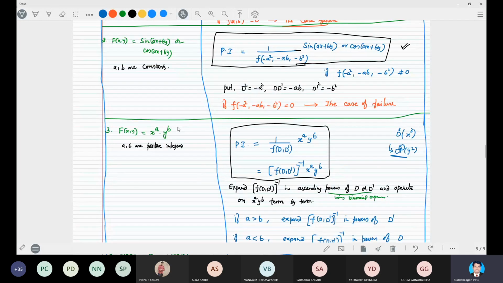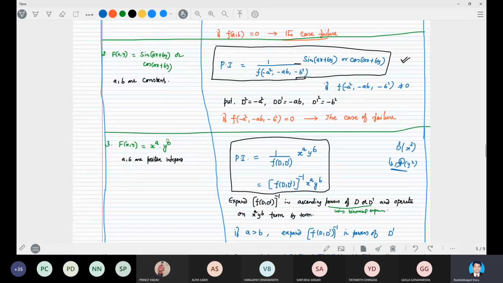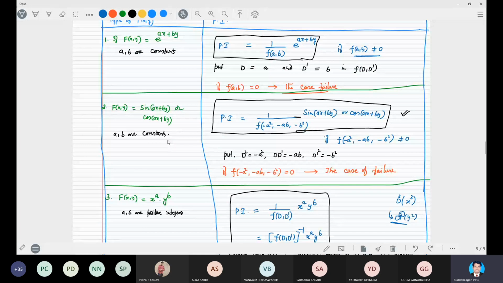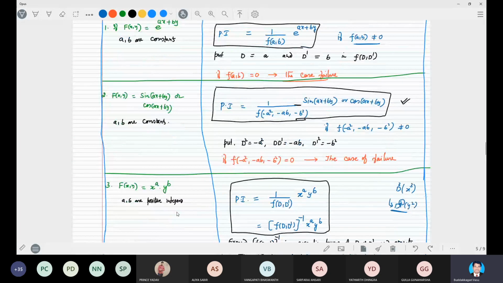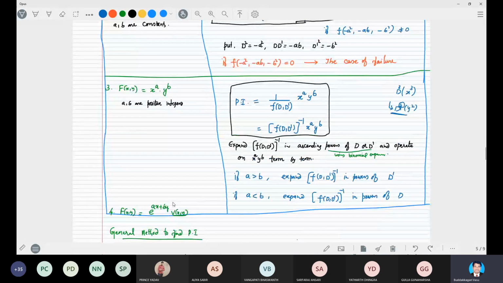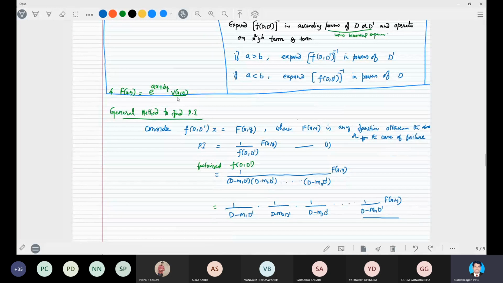Okay, v is any function, right? Understood? You can write it here. V is